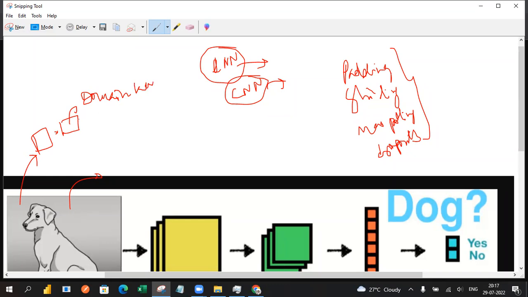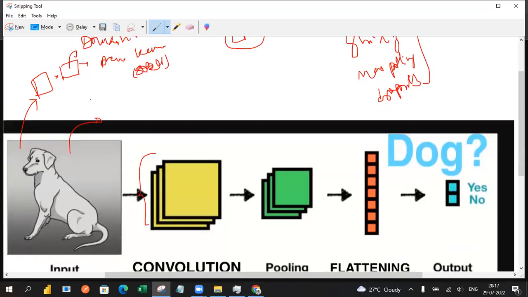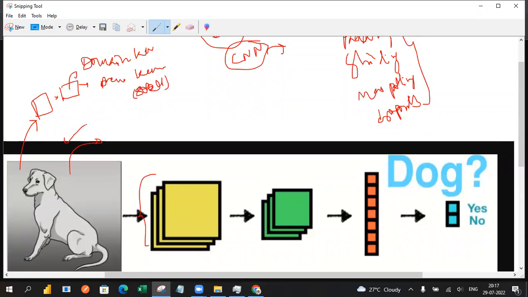or it may consist of some predefined kernels, something called Sobel. So these kernels are very important. We can also call this a convolutional layer, depending on how many convolutions you require for your task. For that we are going to use these hidden layers: convolutional hidden layer one. This is the layer one,